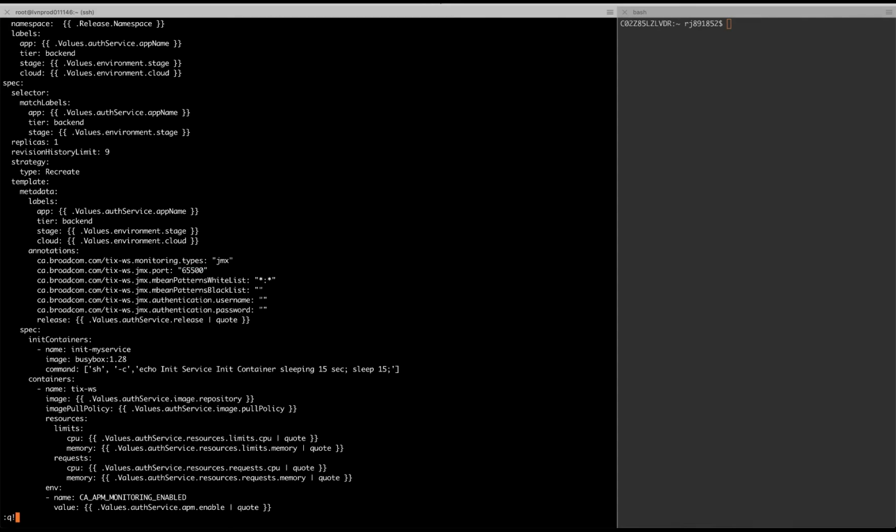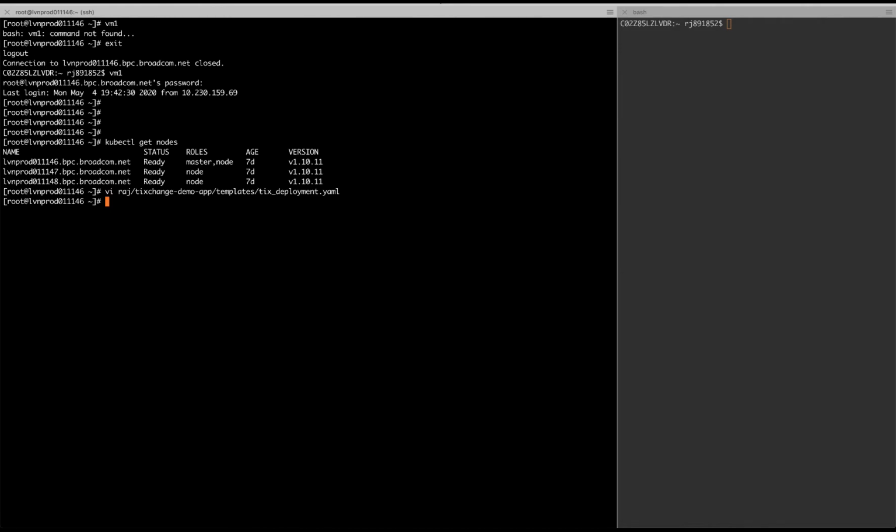So once my pod spec is annotated, let us go ahead and deploy the application. Before I deploy the application, I need to first create a namespace. And I choose to create a namespace called TixChange for my TixChange web application. And the namespace is created. Now let us deploy the application. Now my application is based on Helm charts, and so I'm using Helm to install my application. But depending on how your app is designed to be deployed, this may be entirely different.